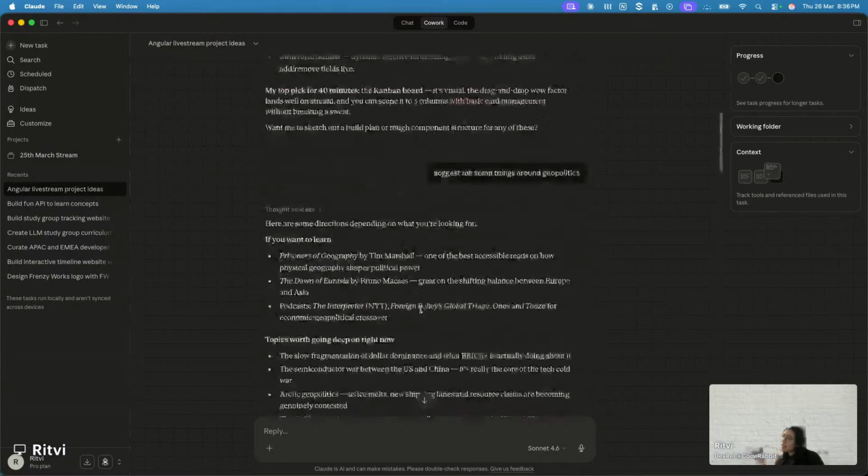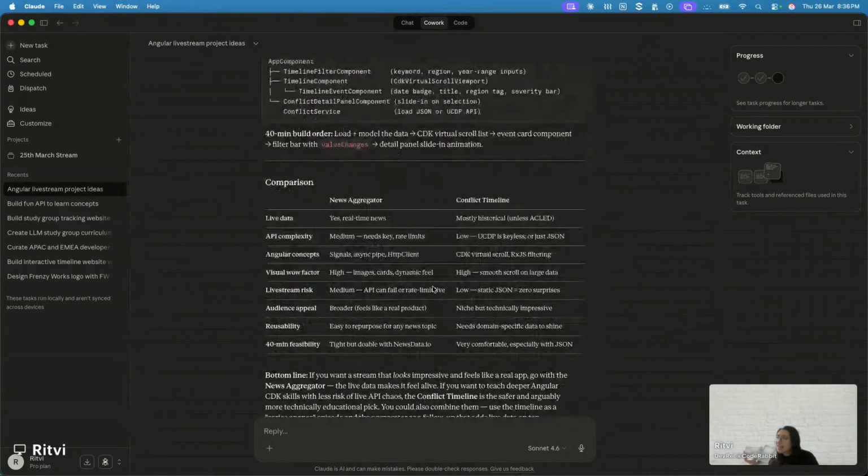Alright, so I think I'm just gonna make them both into Linear tickets and then we can slowly start looking up the APIs. So I'm on the Claude Cowork and I already have my Linear connected. All I'm gonna do is ask it to make two projects in my personal workspace and make tickets around it. I'm gonna ask it to do very detailed, thorough tickets, including API calls and all of that, right? So make very thorough tickets for both the projects in Linear